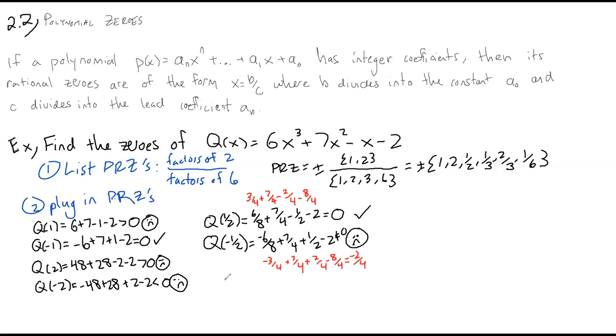What do we get for the next one? 1/3. So I get, maybe I'll try to clean this up a little bit as I go. So 6/27, which is 2/9, plus 7/9, minus, so I'm just going to write this over 9. So minus 1/3, which would be 3/9, and then minus 2, which would be 18/9, and that definitely looks too negative. So it gets a sad face, and -1/3 should be -2/9 plus 7/9 plus 3/9